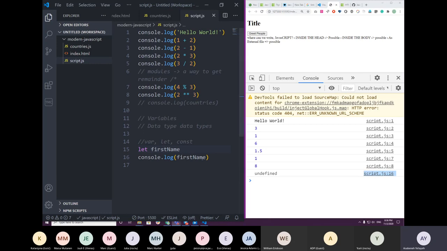Maybe it's time to expand on it. You will see it in the process, but the term is actually just a method or a function which allows you to print out something on the console. Console.log, so to log out something or to print out something on the console. As you can see now, I got undefined, but if I assign a value,